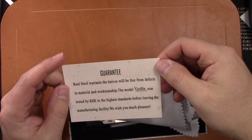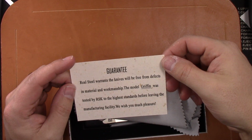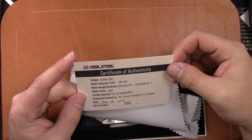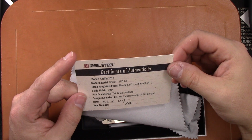guarantee here. It just says warranty free from defects. It doesn't tell you how long. And you have a certificate of authenticity. So it's kind of cool with these limited run ones. You get these cards. This has M390 steel with a Rockwell hardness of 60,